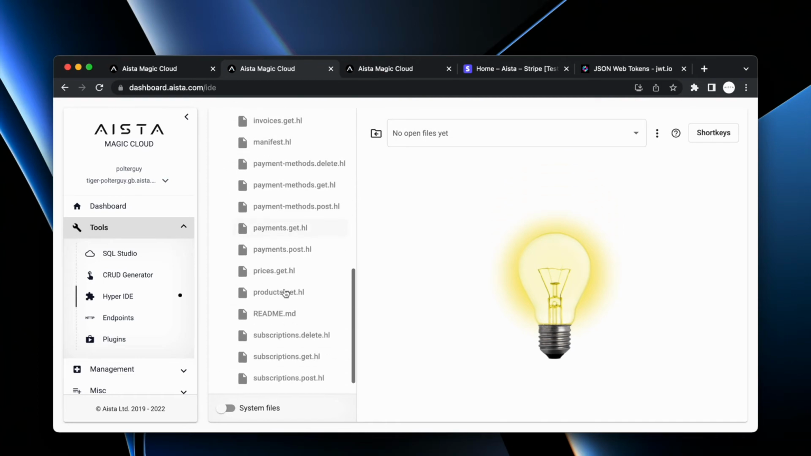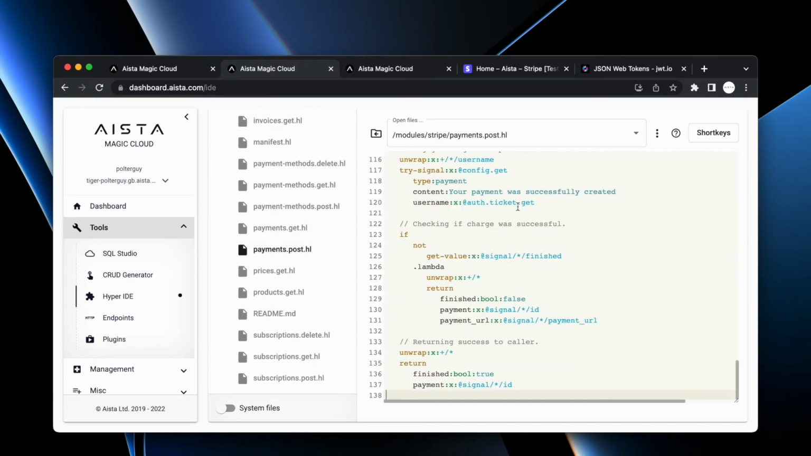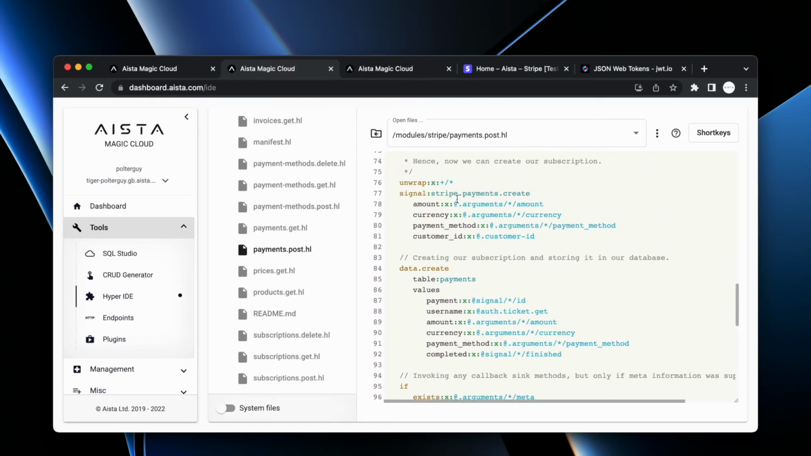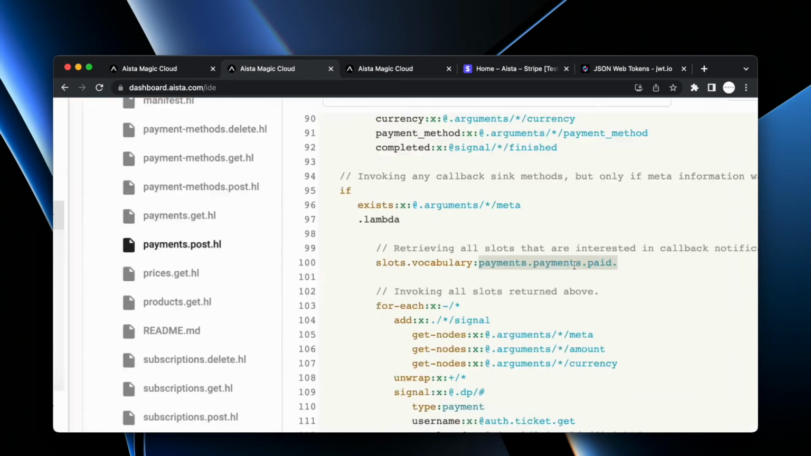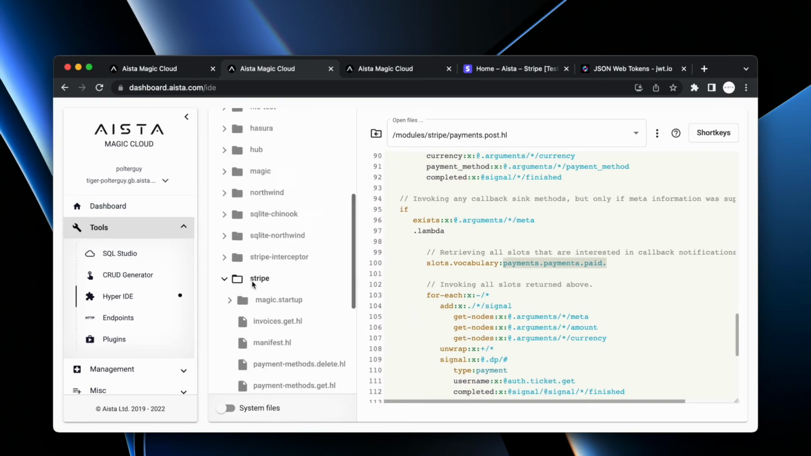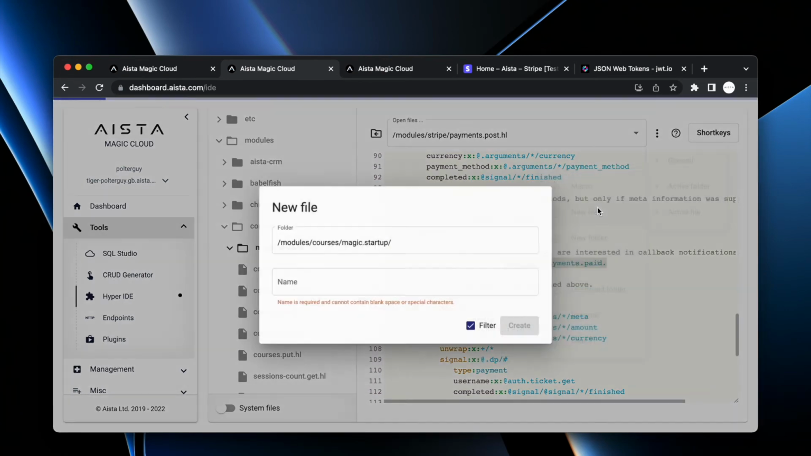Yet again, everything is open source. Here is the payments.post endpoint. What does this thing do? Well, actually, crucially here at the bottom, it retrieves the vocabulary, basically returning every single slot in the system whose name starts with payments.paid. This allows us to actually, inside of our module here, inside of its startup folder, create a new file